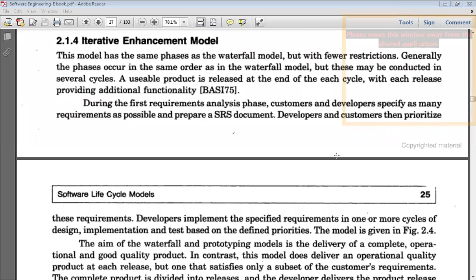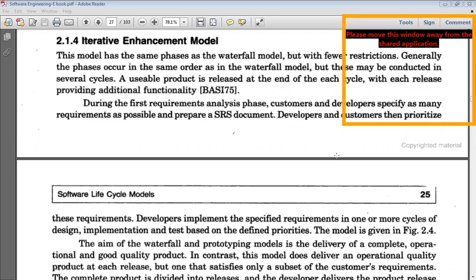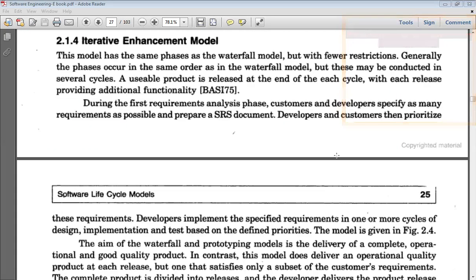Hello student, today I am going to discuss a software lifecycle model that is better than the waterfall model. First of all, the waterfall model has a few restrictions, as in this model, once you complete the requirement analysis and you start designing, you cannot add on or modify as per the